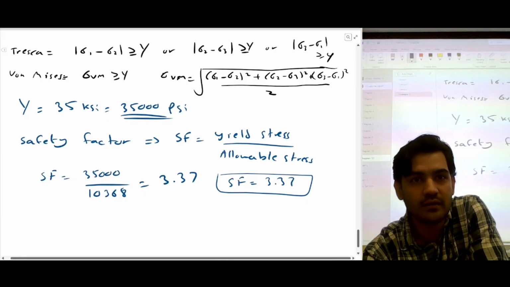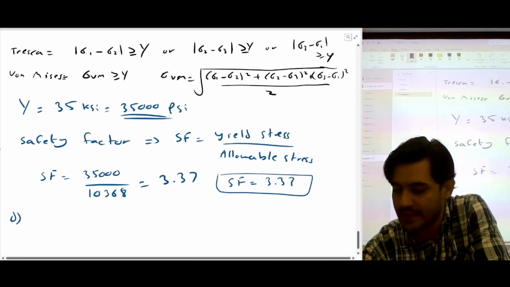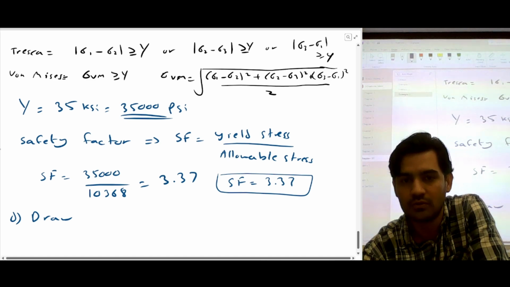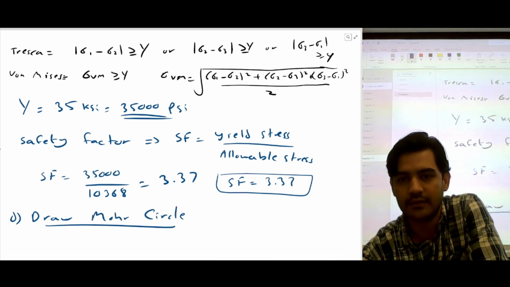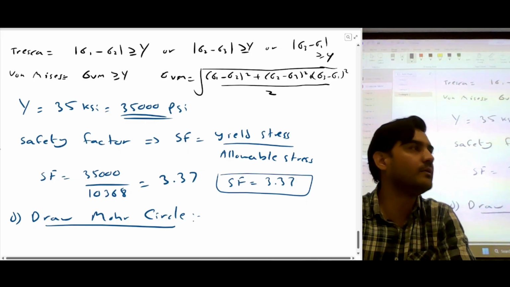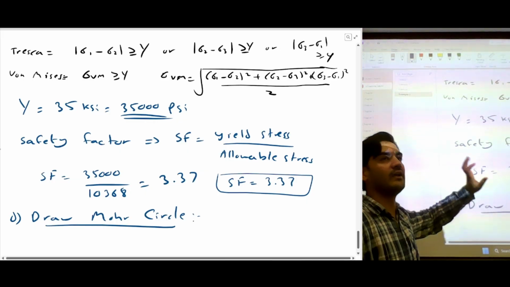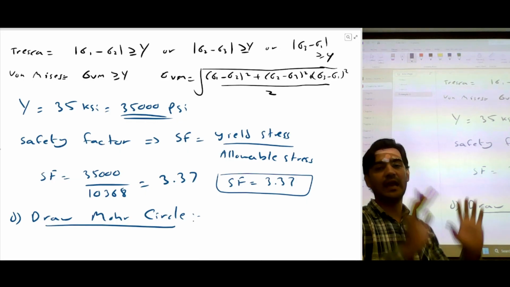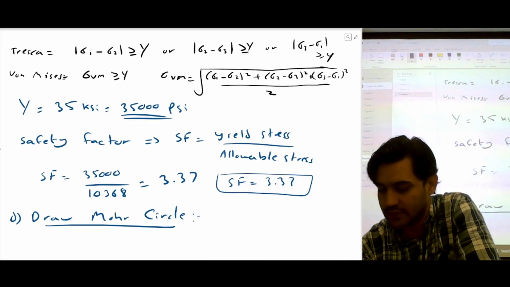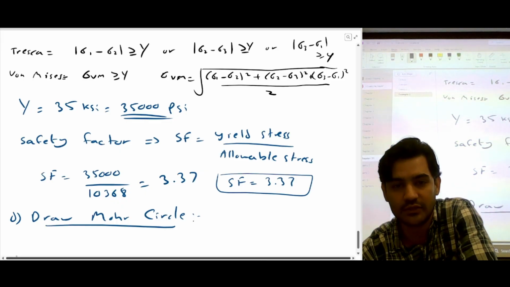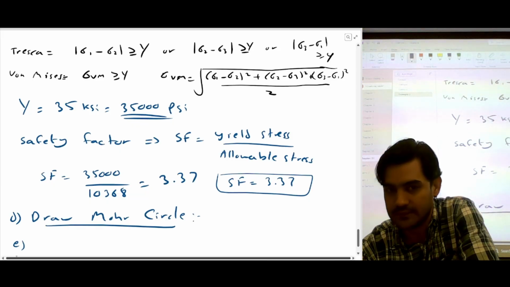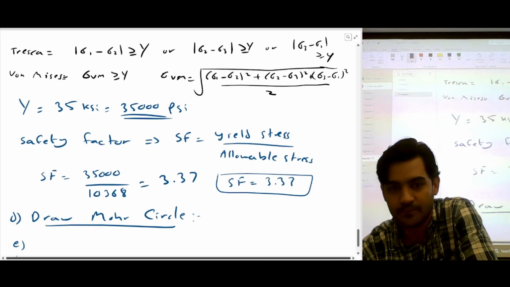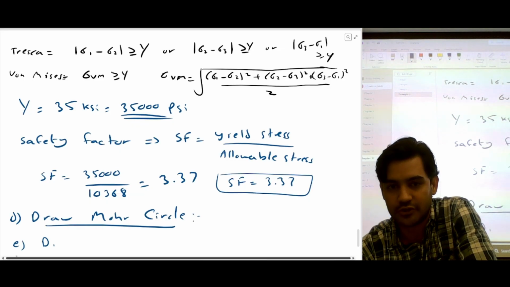Next, it says draw Mohr circle. We have been doing Mohr circles, so everybody understands how to calculate a Mohr circle. We have 3 stress elements, so we're going to have 3 Mohr circles. I think you guys can do this on your own. The next question was